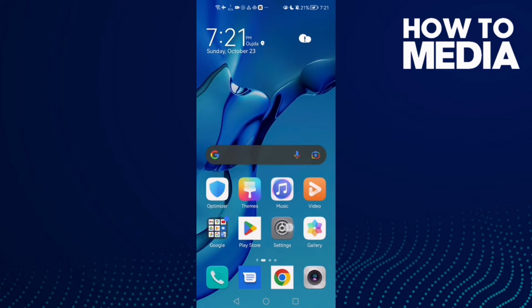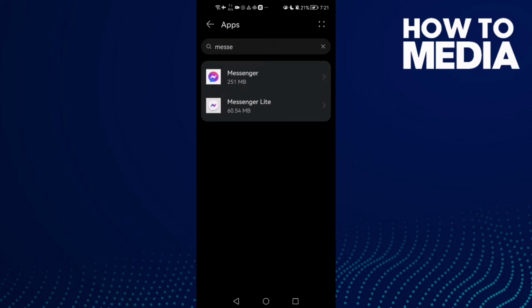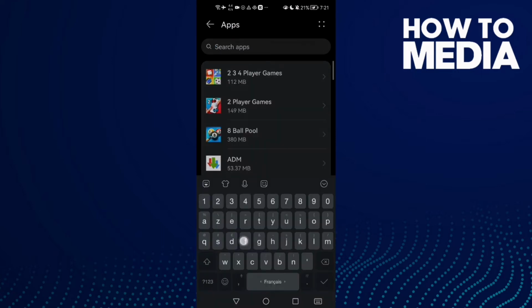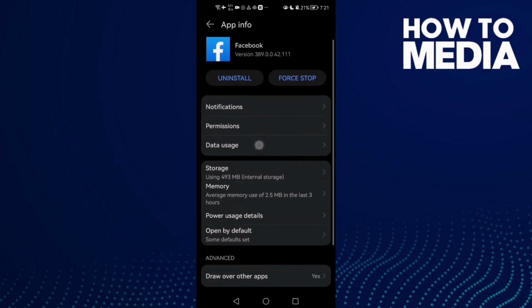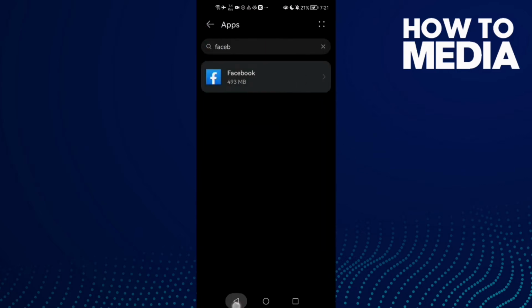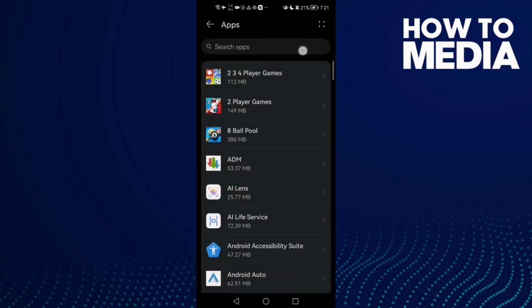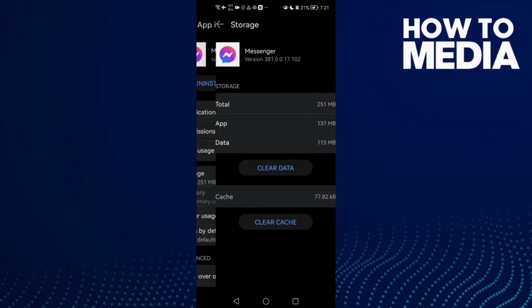First go to settings and then apps and apps again. Type here Facebook. Now just check your Facebook connection here and go to storage, clear cache, and then just type here Messenger and clear cache here,